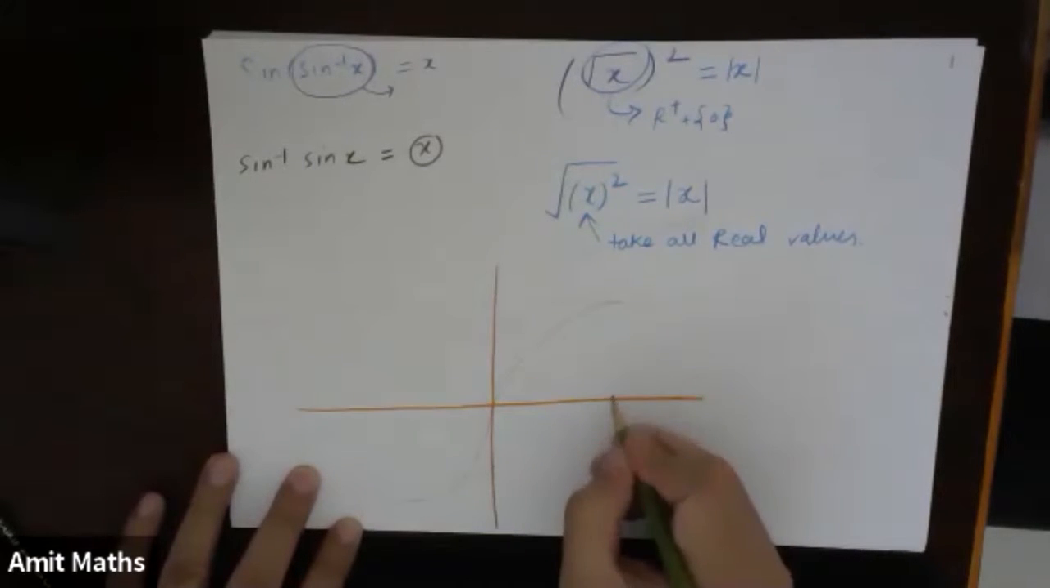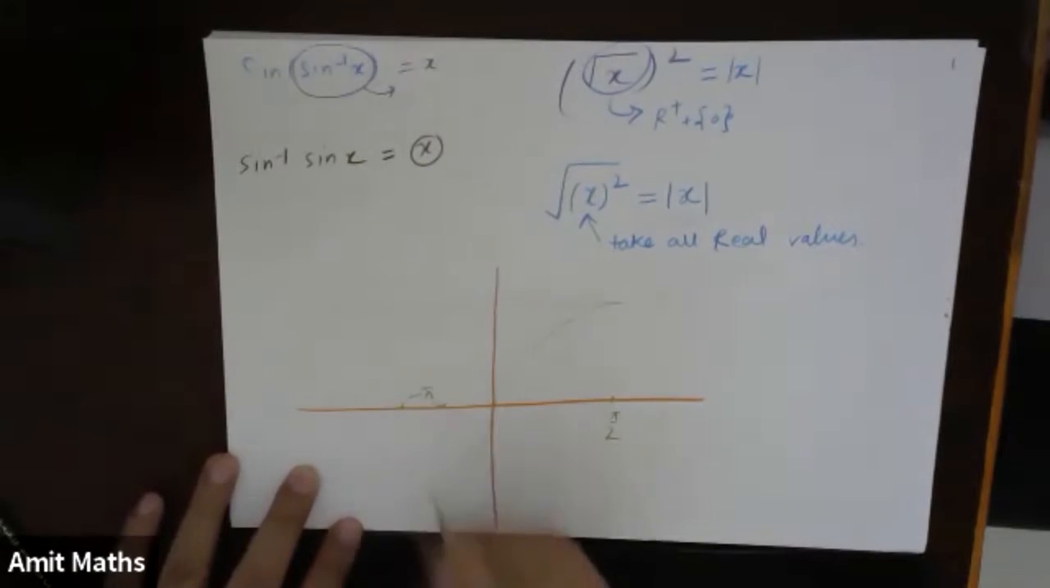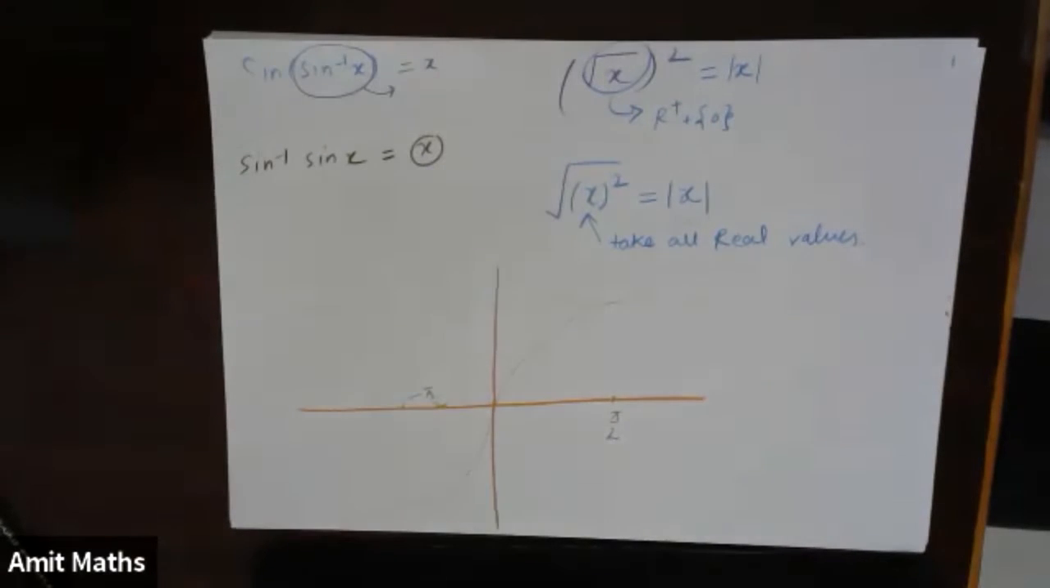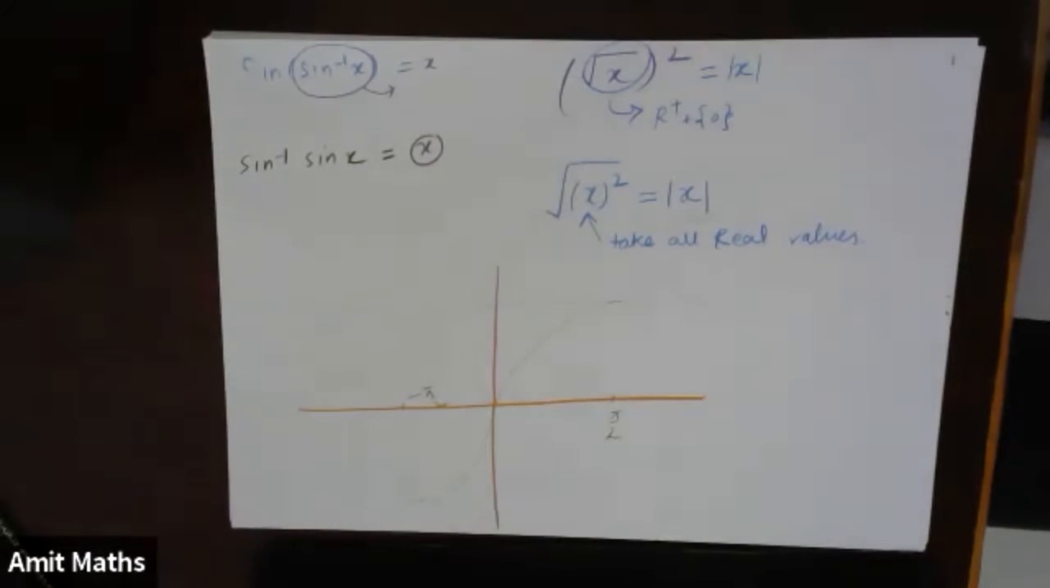Right? This point is pi by 2 and this point is minus pi by 2. Now think about it very carefully. This point is pi by 2, maxima, and this point is minus pi by 2, minima. Okay? Now see,